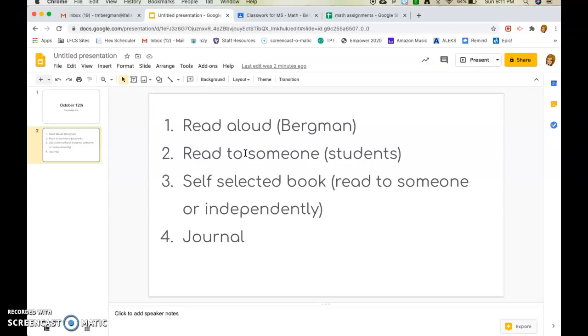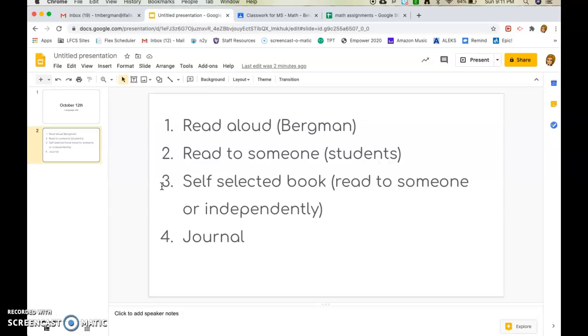After that, you are going to be expected to read that story to someone. It can be another teacher, another student, or a parent. If you're at home, read it aloud to someone. There are several different versions of the story, so choose the one that fits you the best. If there's one that is just a little bit too challenging, choose one of the easier ones. Make sure that you are feeling confident in your reading.